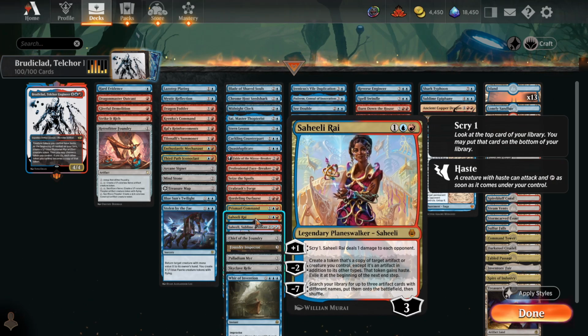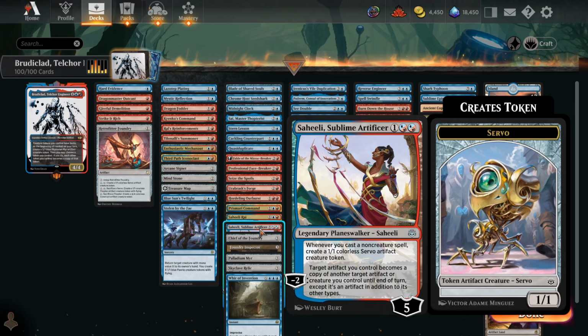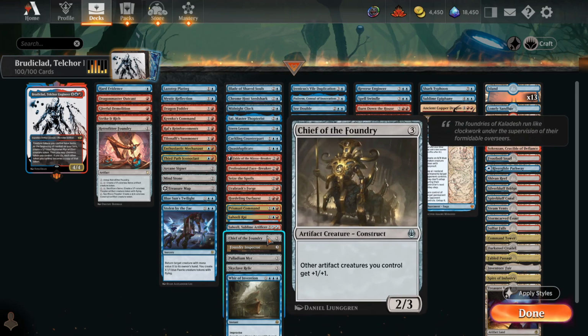We have Saheeli Rai, which can, as the -2, create a copy of any artifact or creature we control. Then we can make all of our tokens copies of that. Saheeli, Sublime Artificer is going to spit out a bunch of 1/1 Servos as we're casting noncreature spells. Chief of the Foundry is going to buff all of our artifact creatures. The vast majority of tokens in this deck will be artifact creatures, so this can get a bunch of extra